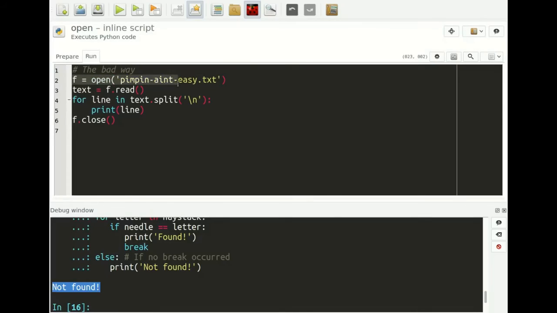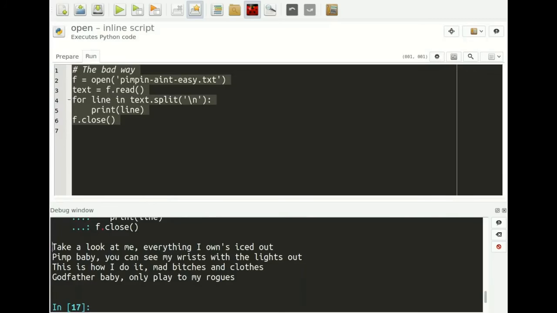So what we do is we open the text file, we read the contents of the text file and we save it in the variable text. Then we split the text by \n. Since \n is a line separator, we basically split the entire text up into individual lines. And then we walk through all of these individual lines and we print them out to the screen, and then afterwards we close. Now if I select this and I run it, you see here in the terminal that it